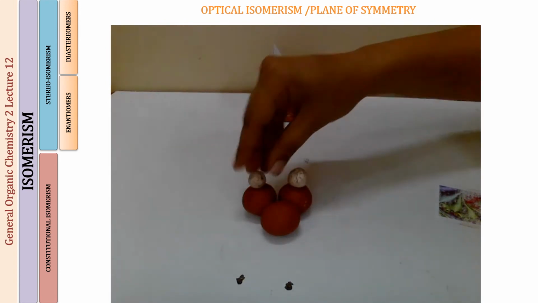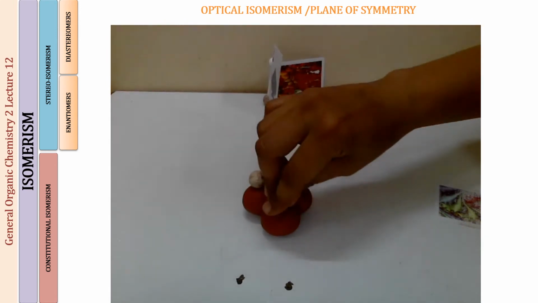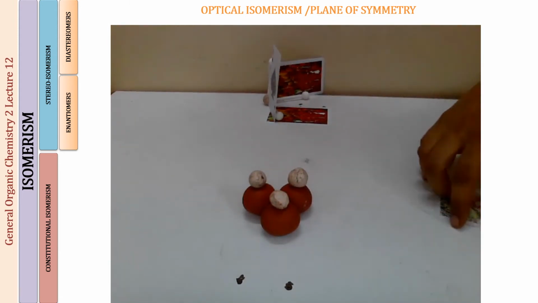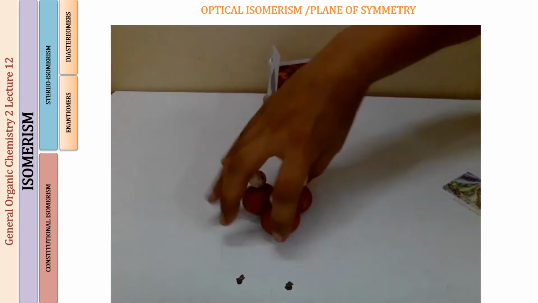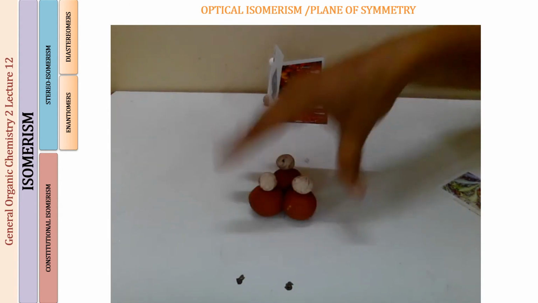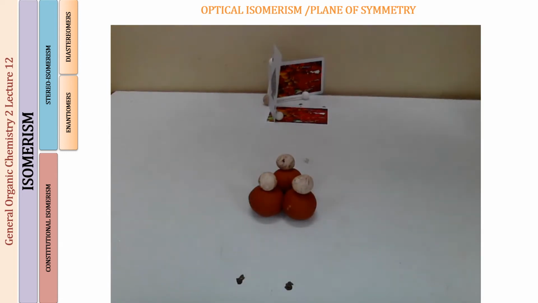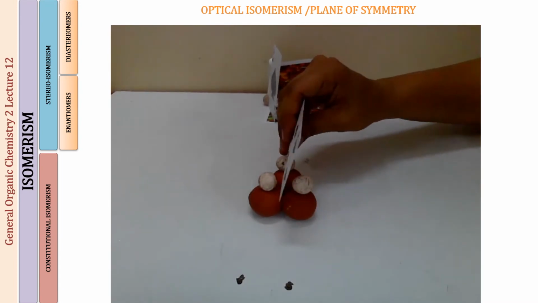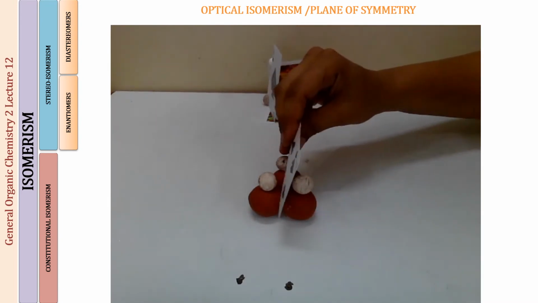All right, one is going to be above the plane of the ring and the other is going to be below the plane of the ring. I'll just place it in this way so that you can see. Fine. So there is going to be one hydrogen below also, which I am not showing, but you can understand that if one is above, exactly the other hydrogen will be below.